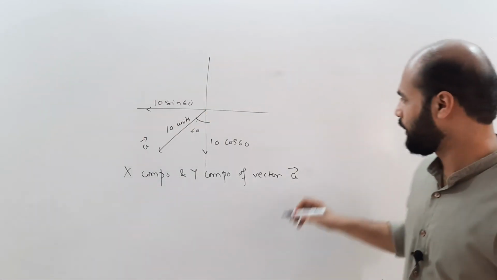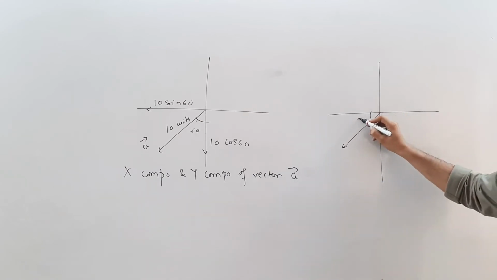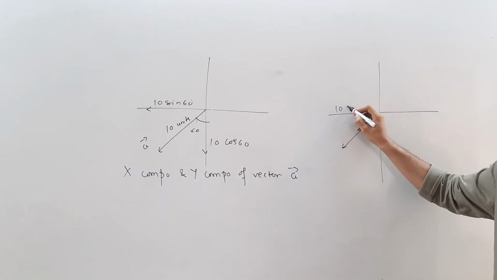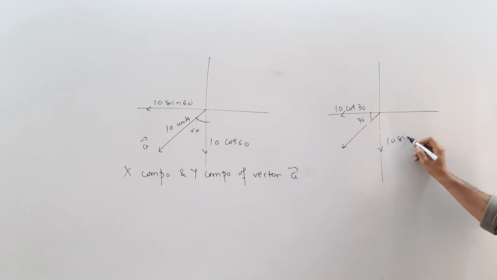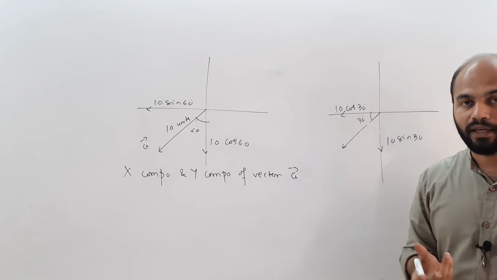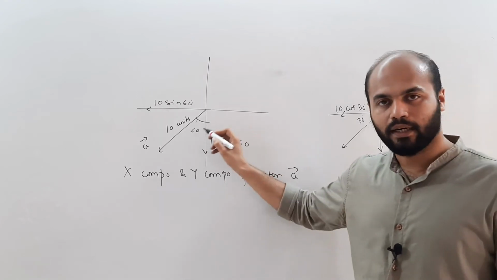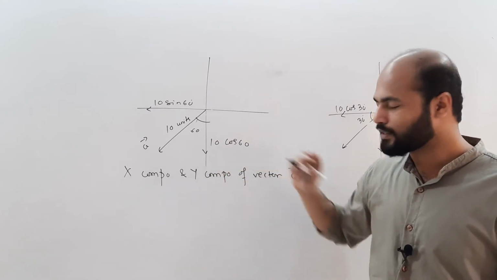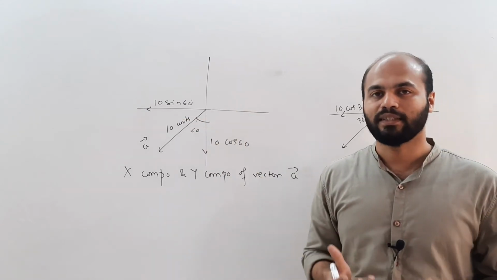Now in this case, let's say if in the same case we are referring to this angle 30 degrees, then this would be given as 10 cos 30 and this component would be given as 10 sin 30. You can of course verify whether these are coming true from the trigonometric triangle. But to save time, we can have a rule of thumb that wherever the angle is attached to that adjacent axis, along that axis it is going to be the cos theta component and along the other axis it is going to be the sin theta component.